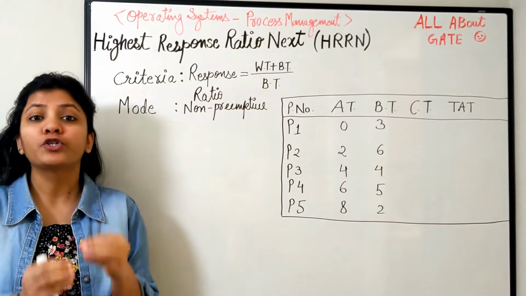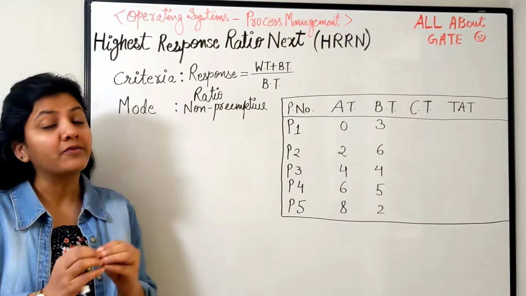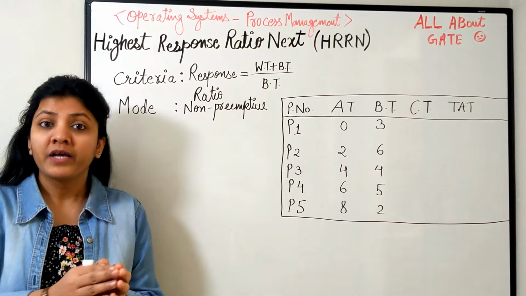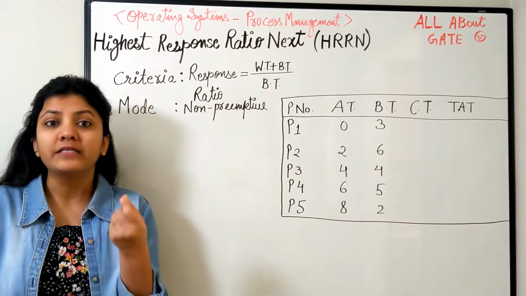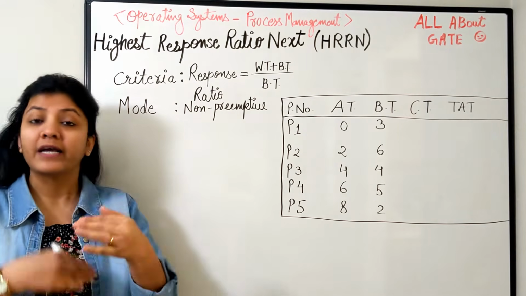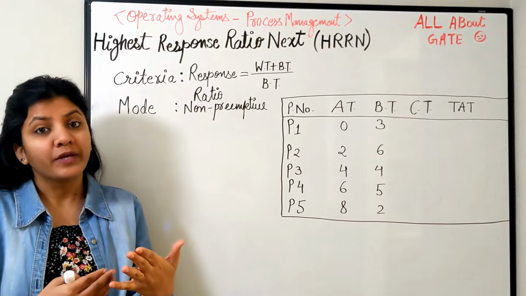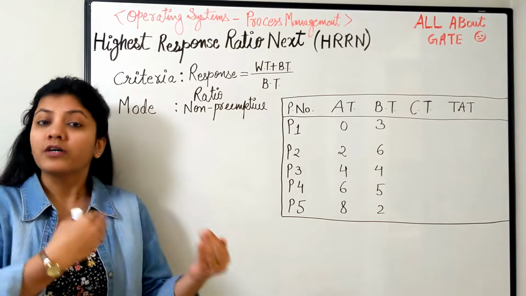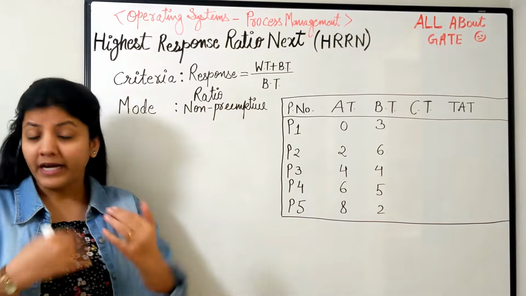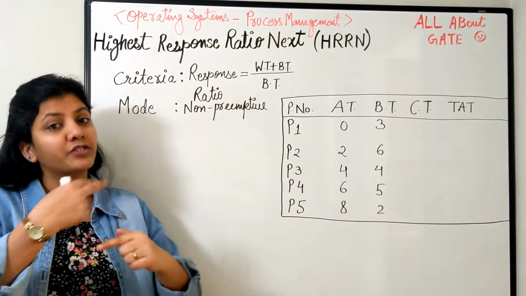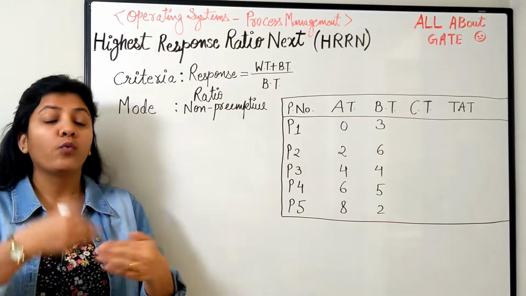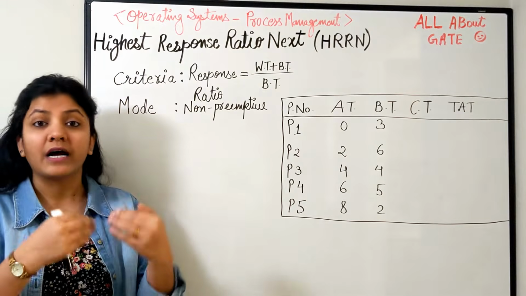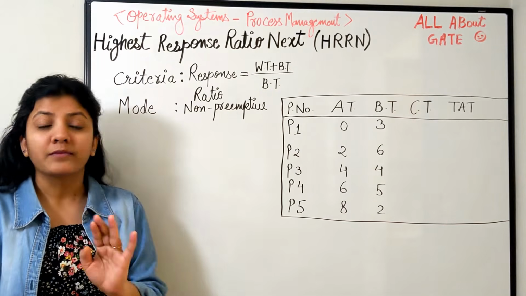We are studying the operating system, process management, and within that CPU scheduling. We just understood the shortest job first and the shortest remaining time first algorithms, where the process which is shorter in burst time gets preference, gets priority in scheduling, and the process with the longer burst time gets starved. It has to wait a longer time to get scheduled on the CPU if shorter processes keep arriving in the system one after another.